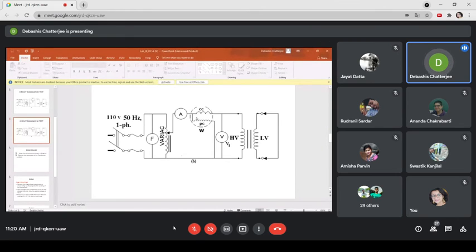Now it is the report, the last part. From run 1, draw the curve V1 versus V2, input versus secondary voltage. From run 1, derive the magnetizing current I0 and draw the magnetization curve V2 versus I0. That's what I was telling you, the magnetizing current and secondary voltage, right? And from run 2, draw the curve I versus V, that is the short circuit characteristics. The second one is the open circuit characteristics.